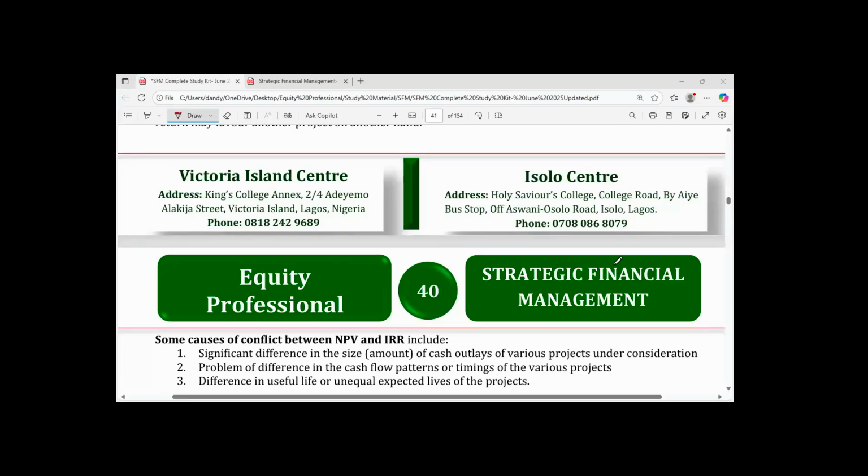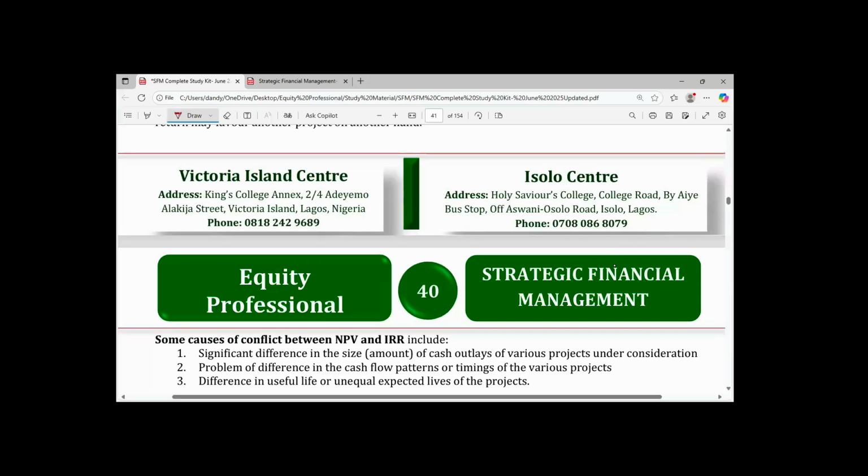Yeah, last week we started capital budgeting, and we were able to dissect the introduction to capital investments. We discussed the procedures involved in capital budgeting decisions. Thereafter, we moved to discussing the characteristics of capital budgeting. Then we moved on to discussing